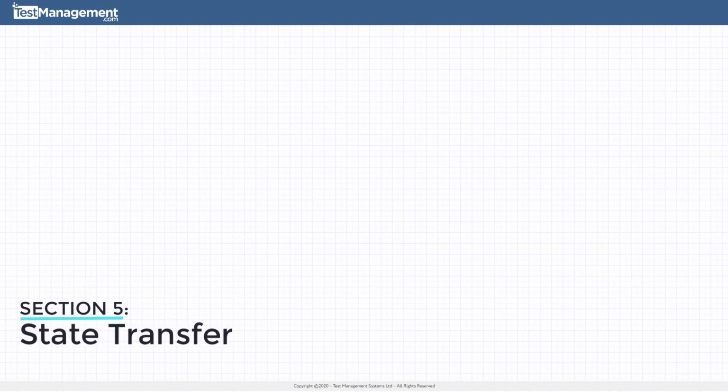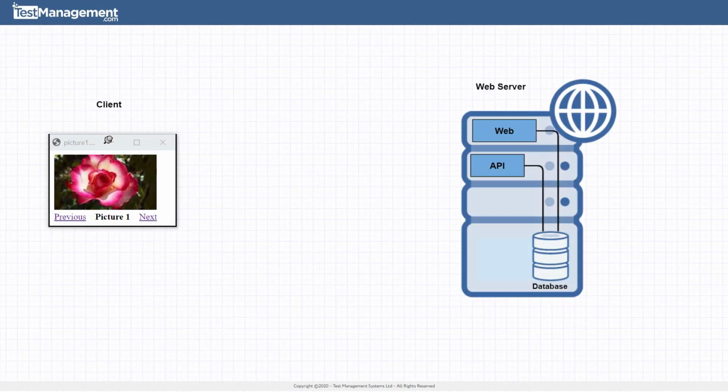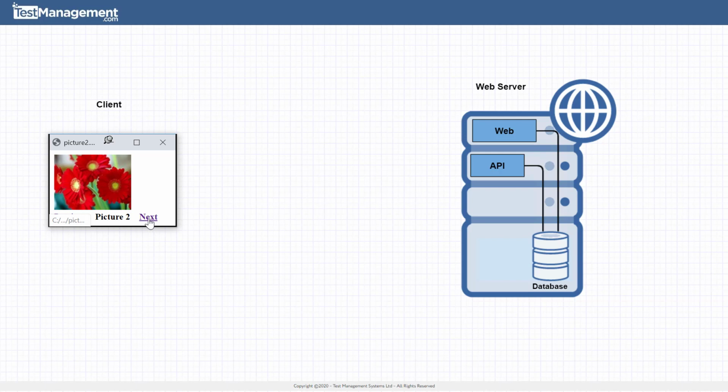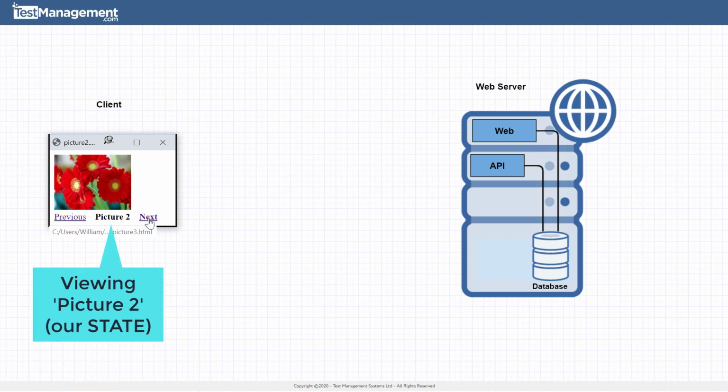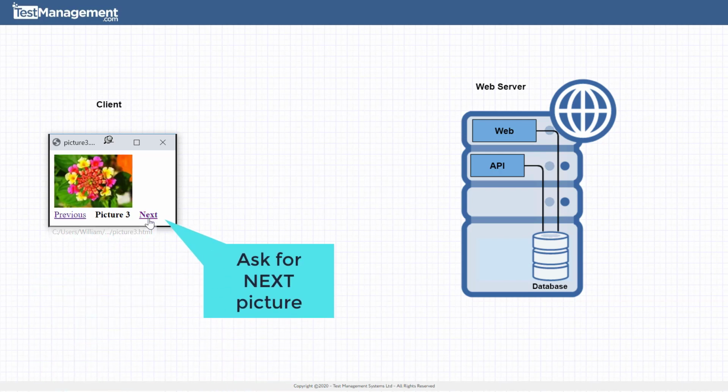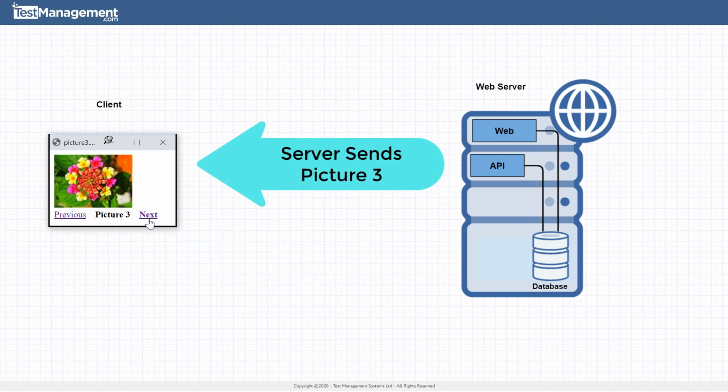We need to store state information for lots of reasons. Take, for example, a simple client application that displays images. And you can navigate through these images with the previous and next buttons. If you're going to click on the next button, something needs to know where you are now in order to work out what comes next. When we're viewing picture 2 and we ask for the next picture, the server needs to know to send picture